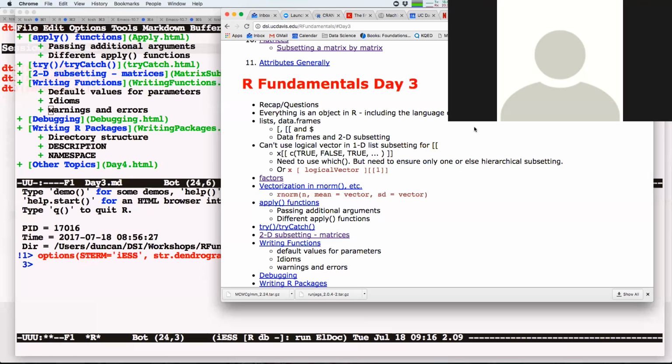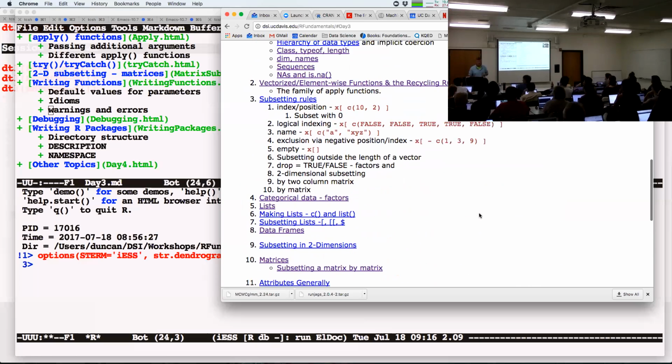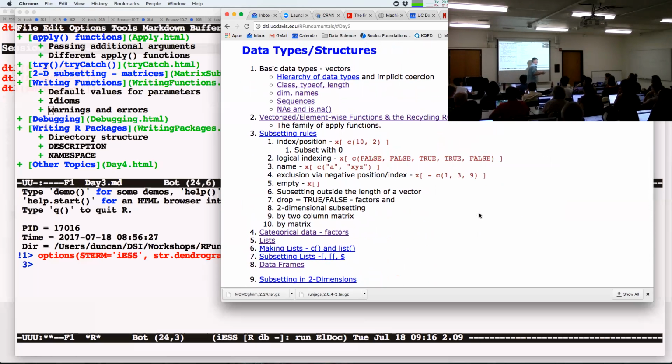But you said that in that recycling, actually R will not duplicate, right? So it depends on the function, but for the most part, the built-in functions are smart enough to do that. So just to be clear, some of the C code that works on this basically just goes modulo the length of this thing. So it just wraps itself around. When it starts off, it gets number 1, then it gets number 2, and then it figures out it needs number 3. So in the code it maps itself back onto 1.